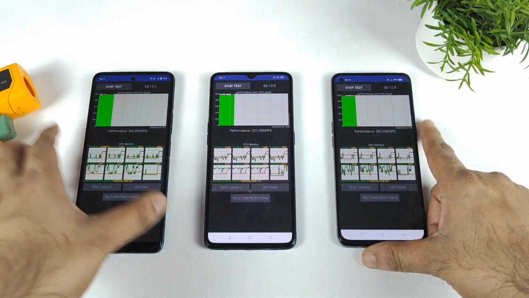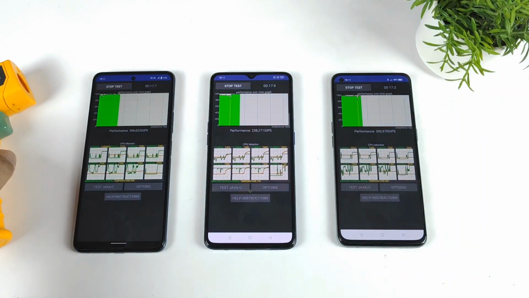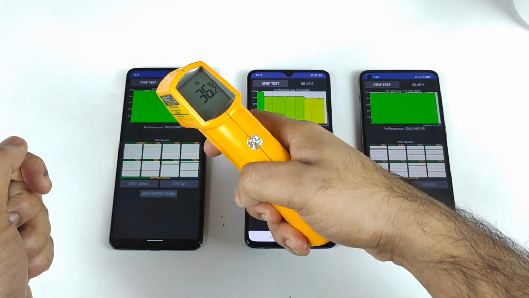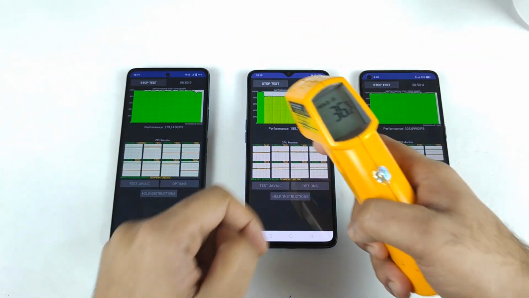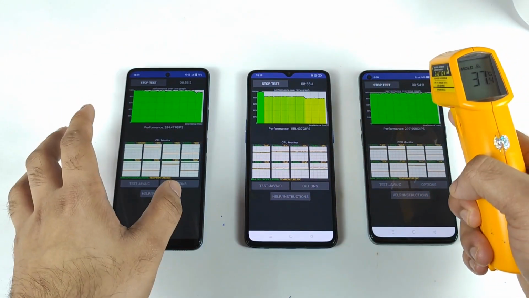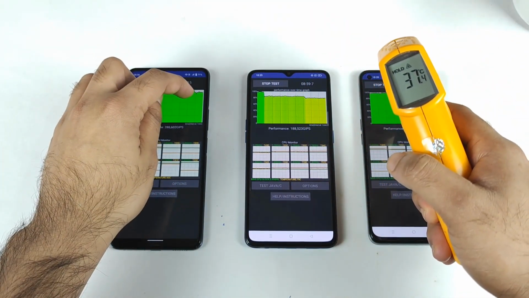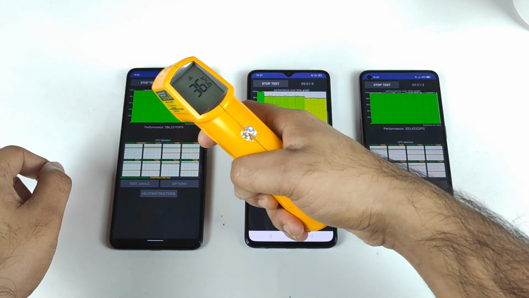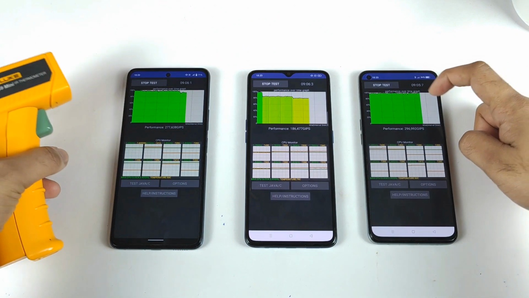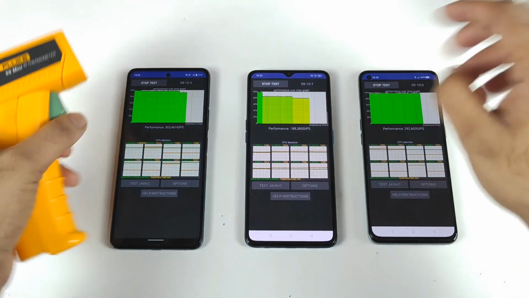I'm going to be back after some time just to check what's happening with the overall temperatures between these three smartphones. So right now, as you can see friends, after 8 minutes you can see how the CPU throttling is happening on the Snapdragon 855 Plus chipset. The Realme GT Master Edition and the iQOO Z5 were able to maintain really well, but the iQOO Z5 just now decreased a little bit. The temperatures are 36.6 degrees Celsius and 37.4 degrees Celsius, but performance is not yet compromised in the Realme GT Master Edition. You can clearly see it was always on top.